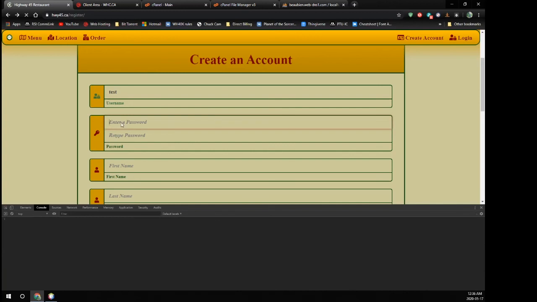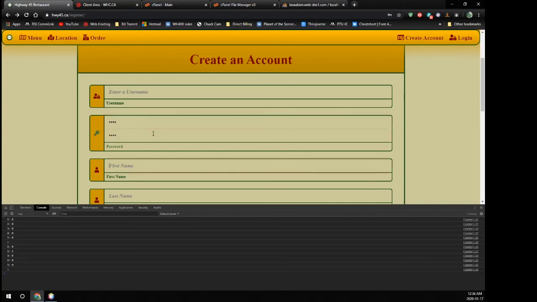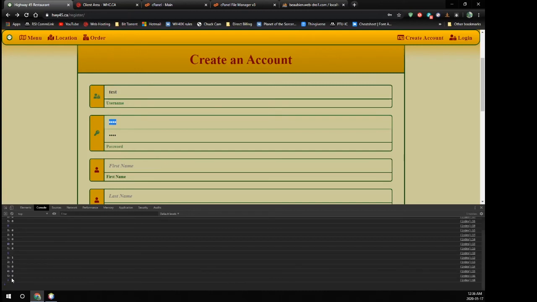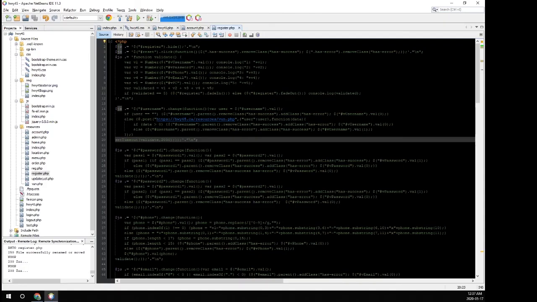So to try that again, just to see an actual difference. As soon as I put in my password, it's called each time with password. So it's called when you fill out either form, but they have to match before it validates, which is why the first one showed 0 and the second one shows 1. So now if I type in my username, boom, it takes 2 seconds before it validates it, but it still validates it. So like I said, what we can do is just set that to 100